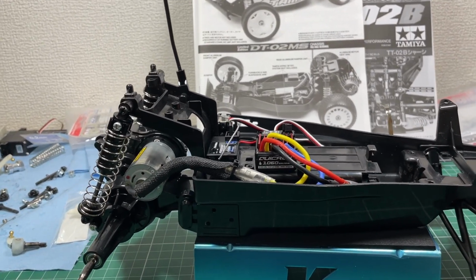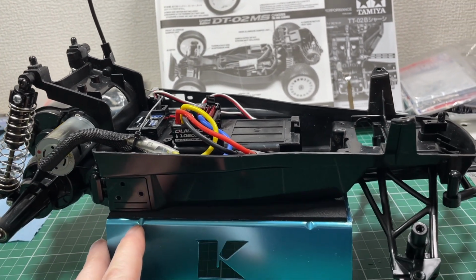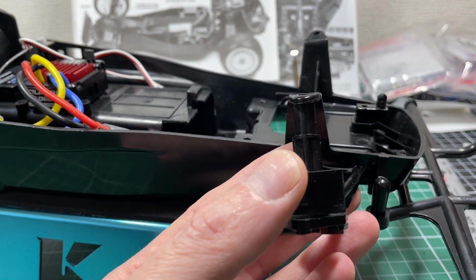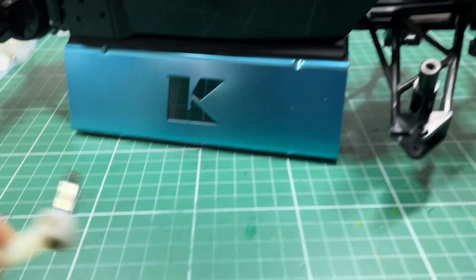As for the chassis itself, for my second race, I plan to do a couple of changes. So the first thing I'm going to do is lower the front down a little bit more. Last time I just lowered it with a couple of O-rings, so I plan to go a little bit lower this time. I'm also replacing the stock